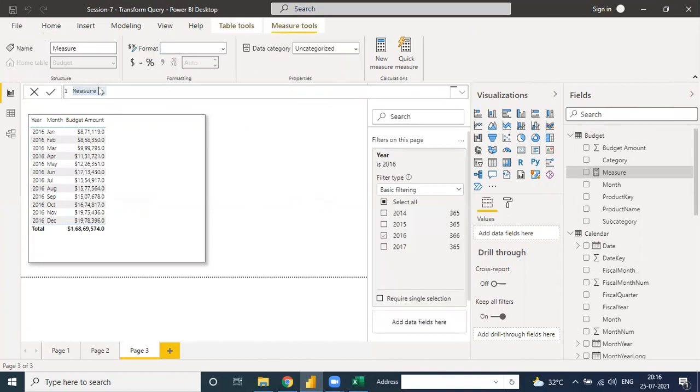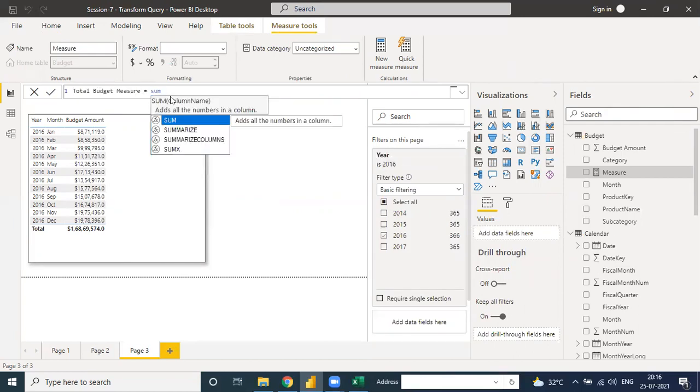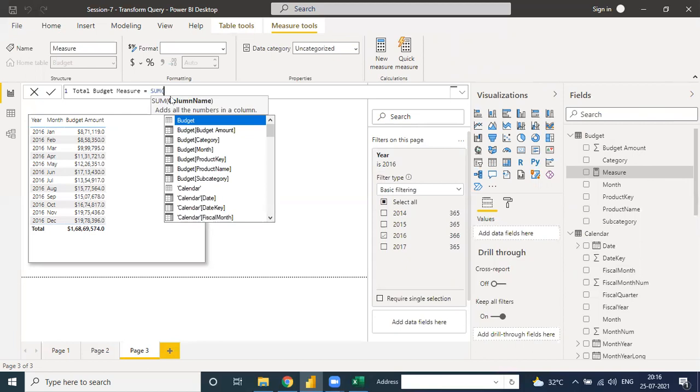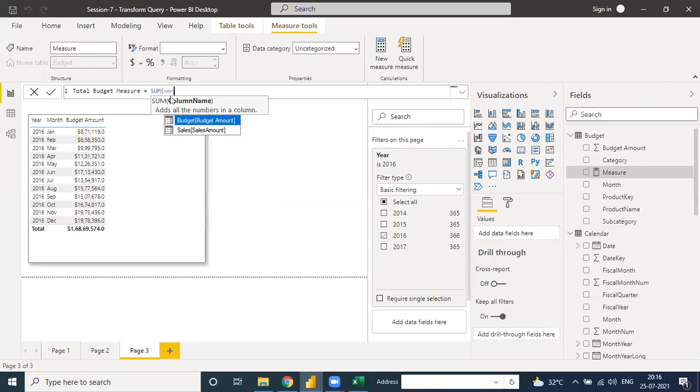Okay, you need to just put here total budget measure is equal to, what is the total budget measure? The sum of the budget amount. Means sum, put the amount here directly, and sum the value of the budget table under the budget amount.